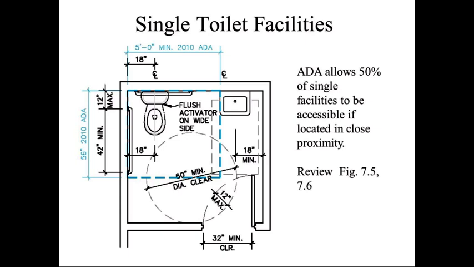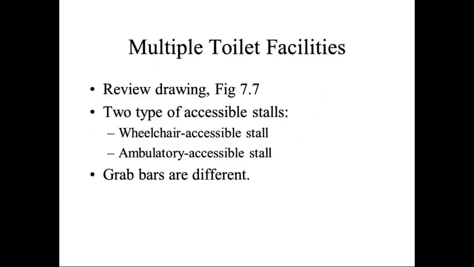If you have a single toilet facility, you've got to, of course, have a 60-inch minimum clear diameter within that, so somebody in a wheelchair can come in, turn around, and be able to get out. There's lots of dimensions that you have to follow, so review those and make sure that you're meeting those needs. These, of course, would sometimes be referred to as family toilet facilities. If you have multiple toilet facilities, two types of accessible stalls are required: an accessible stall and an ambulatory accessible